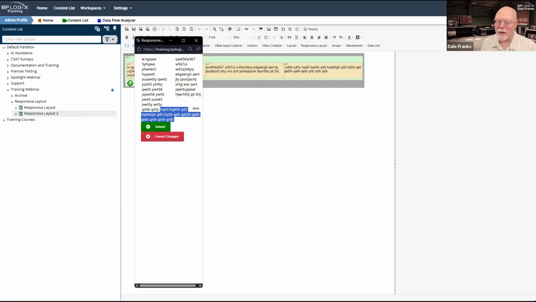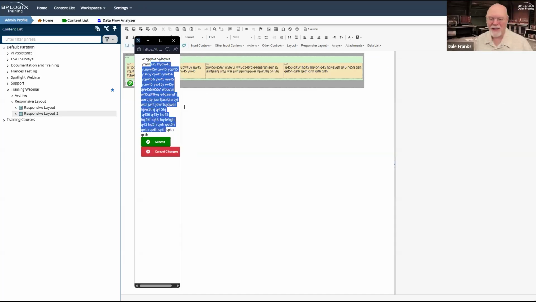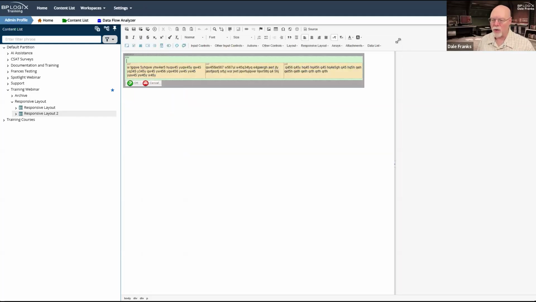Now, this is narrower than any phone screen, but I can make it really, really narrow, and I can make all three of my columns appear as a single column. Now, this is text, and it's not spaced well, and it'll work a little differently with forms, but that's how the container control works.